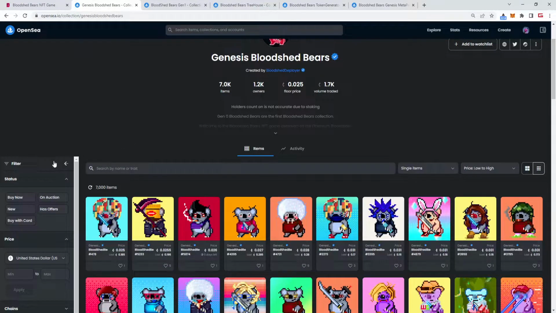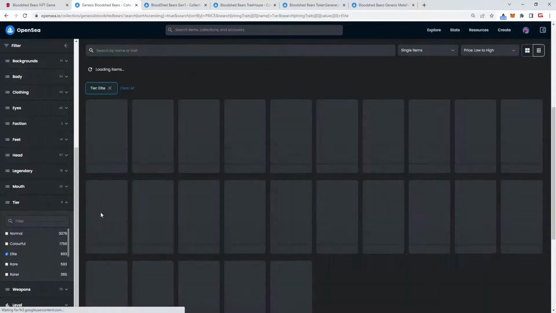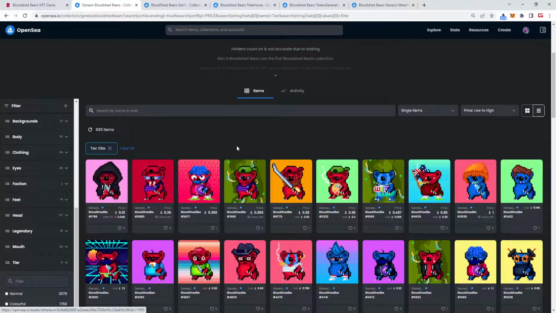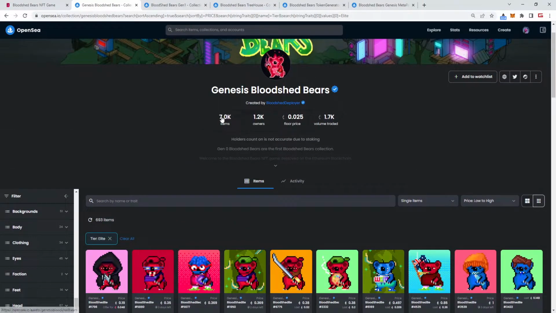The BloodShed Bears have a subcategory within them called the Elites. Now if we scroll down here, we go to Tier, Elite, we can find the Elites of the BloodShed Bears. What these Elites do is anytime BLD is claimed in the game, these Elites have a chance of stealing that claimed blood. The total supply is 7,000 BloodShed Bears and is kind of going to be the commander of your army within